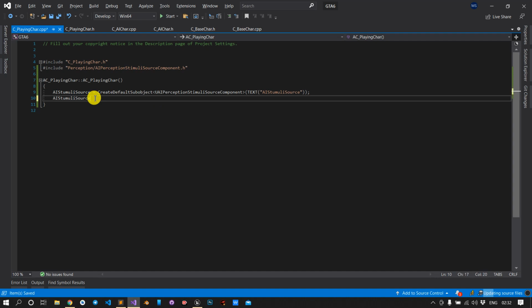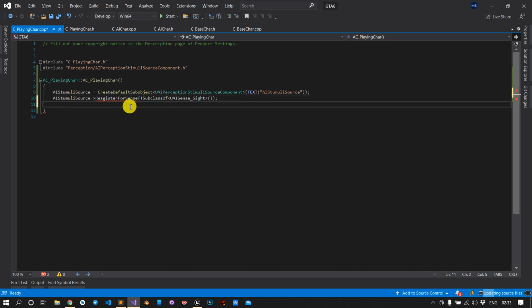We will register for sense, and we want to register for UAISense_Sight, using TSubclassOf of UAISense_Sight.